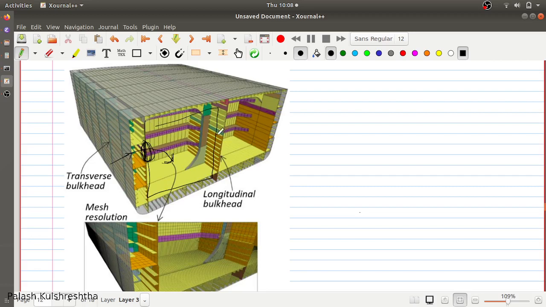There are longitudinal bulkheads as well, so that the whole ship is divided by longitudinal bulkheads too. So the water does not flow into this compartment, and there are chances of survival for the ship.